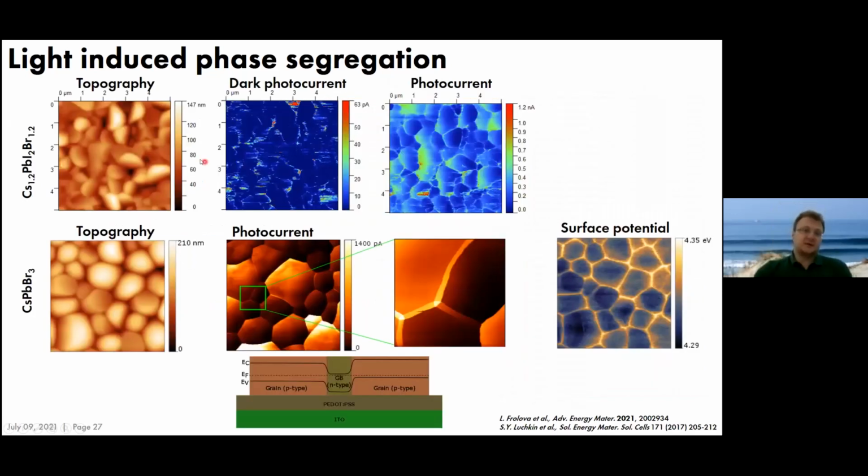We also obtained interesting results which we didn't really dig into. But here you can see the same material. This is topography, and this is photocurrent. So this is dark current, and this is current under illumination. And you can see that there is high current along grain boundaries. So it means that there is a built-in electric field. Well, actually, it doesn't necessarily mean that, but earlier we observed the same effect in cesium lead bromide